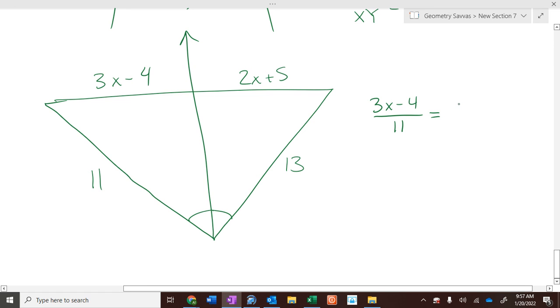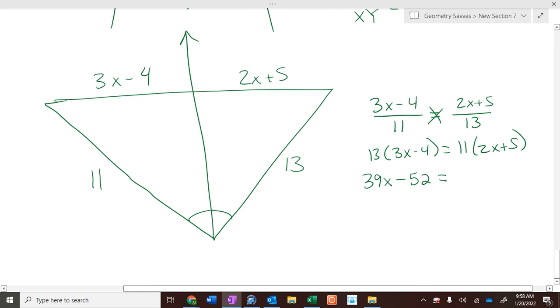So if we go 3x minus 4 over 11, then you go 2x plus 5 over 13. If we cross multiply, 13 times 3x minus 4 equals 11 times 2x plus 5. So if we distribute, 39x minus 52 equals